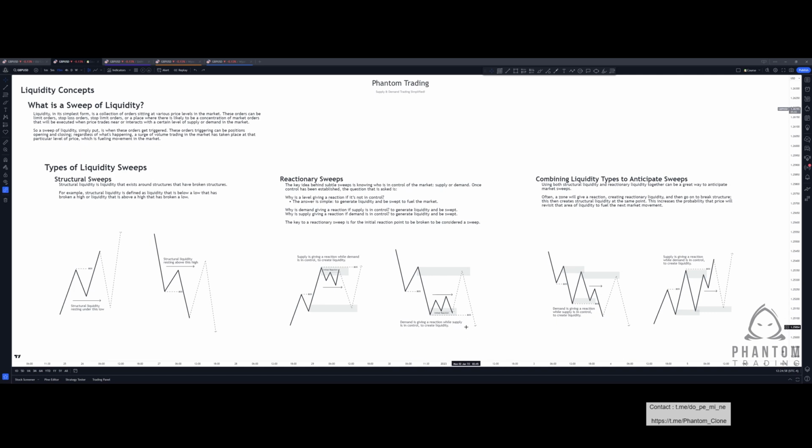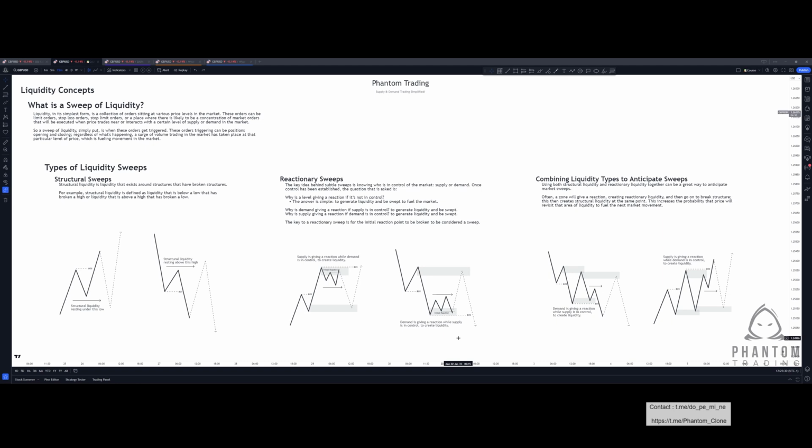highs, the expectation being a new lower low will form in the market and price will tap into supply before forming that lower low. We can see that when we create the first lower low, we create a demand level. Price taps into the demand, we get that initial reaction, price trades higher, and then we see price trade lower, sweeping the initial reaction, which also forms structural liquidity, and price then trades higher, taking out the liquidity that was generated, the internal range liquidity, tapping into that level of supply, and then facilitating the move to the downside, creating